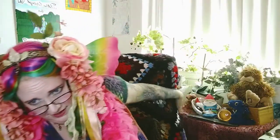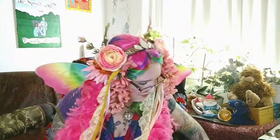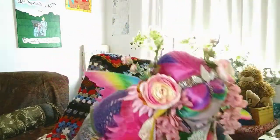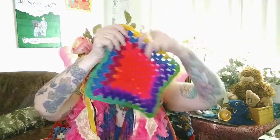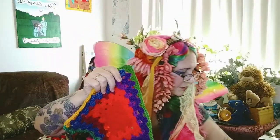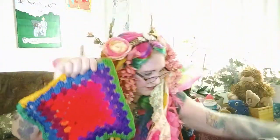You will see that my setting is different this week than it normally is. I do not have my big Afghan quilt behind me the same way. It's still here in my chair. I actually make these, and I've got all of my supplies over here next to me. My yarn and one that I'm working on. You can see it. Ta-da! I make them out of squares. I make a square out of yarn with a hook. Let me see if I can find my hook. You see my hook? See how it's a little hooky thing at the end here? And I take the yarn,